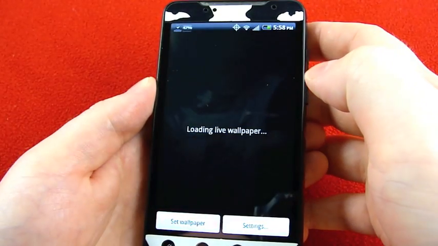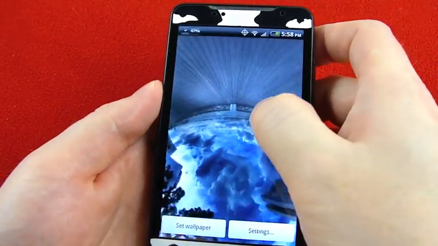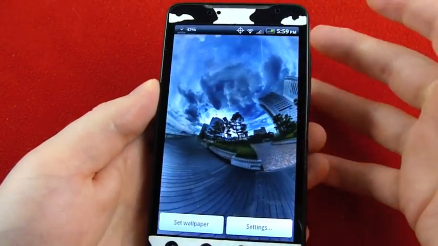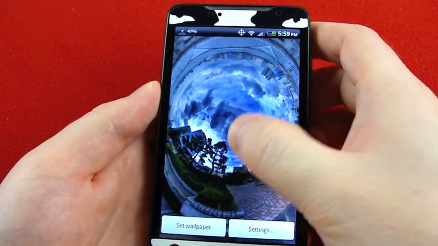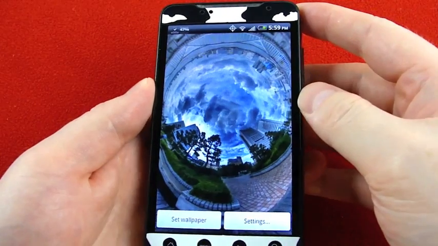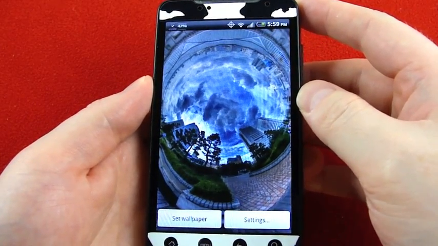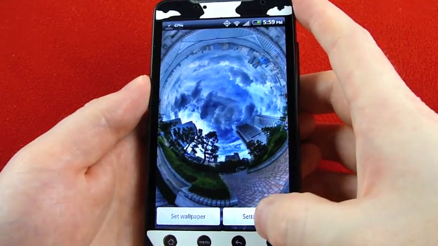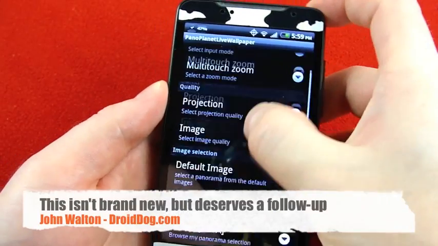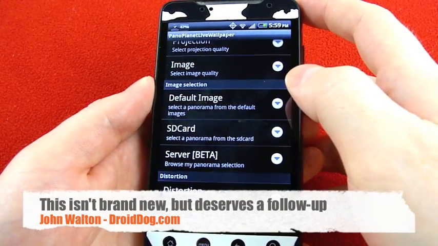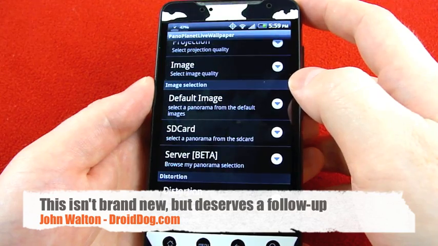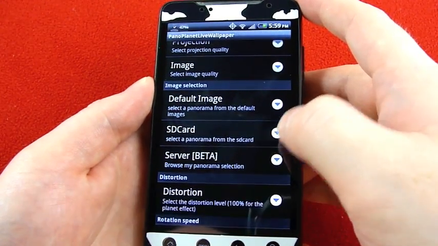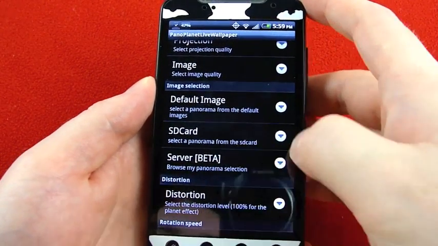So one of the top features I heard people requesting or wishing existed was database access for live wallpaper from within the live wallpaper settings, and that was not available when I reviewed PanoPlanet live wallpaper, but it is now. So instead of having to search the internet for a good database of equirectangular images, they've got this. It's a beta feature, but they've got a server